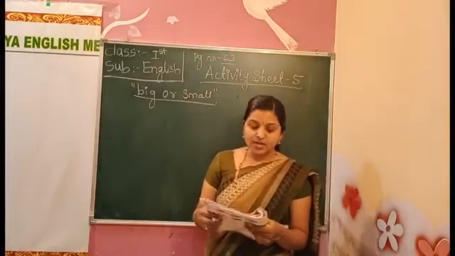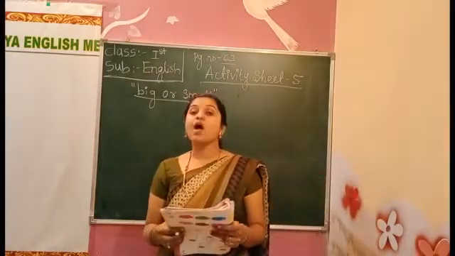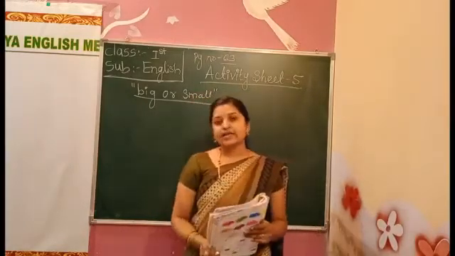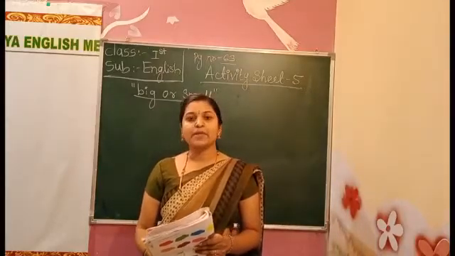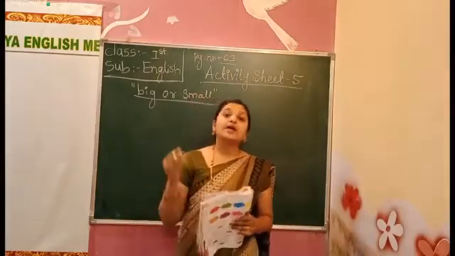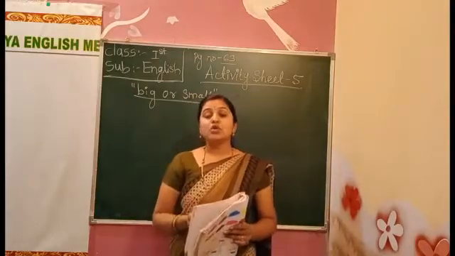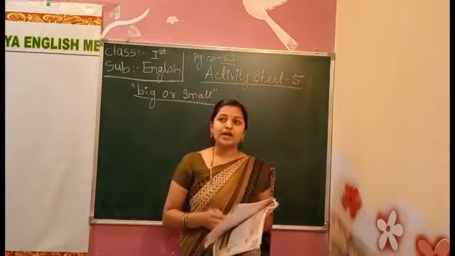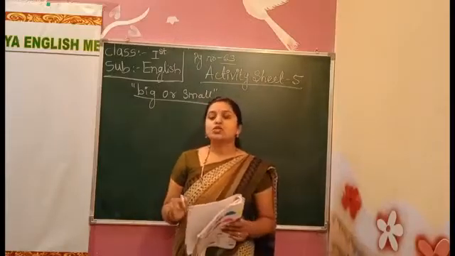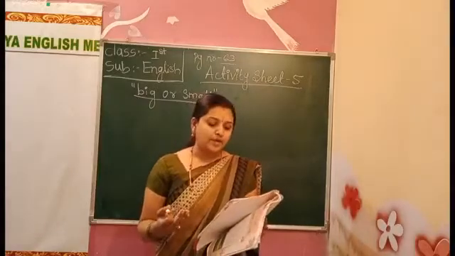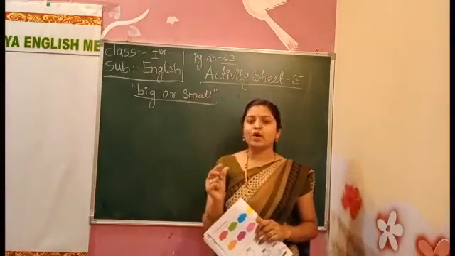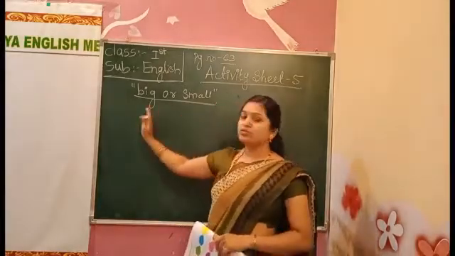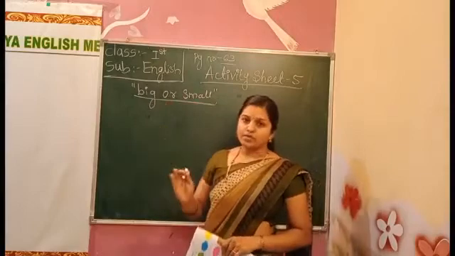For example, a lion is big, a mouse is small. So lion and the mouse. I had told you the lion and the mouse story. In the lesson Simha the lion, I told you the lion and mouse story. So a lion is a big animal. You have seen the lion, how does a lion look? A lion is big. So the lion is a big animal and the mouse is very small. The mouse is a small animal. So here big and small, ದೊಡ್ಡದು ಮತ್ತೆ ಚಿಕ್ಕದು. So these are the opposite words.